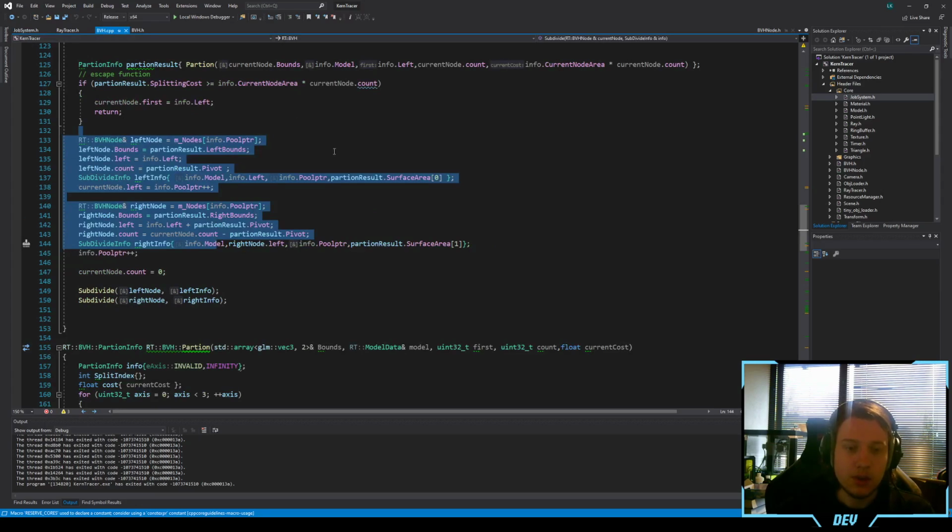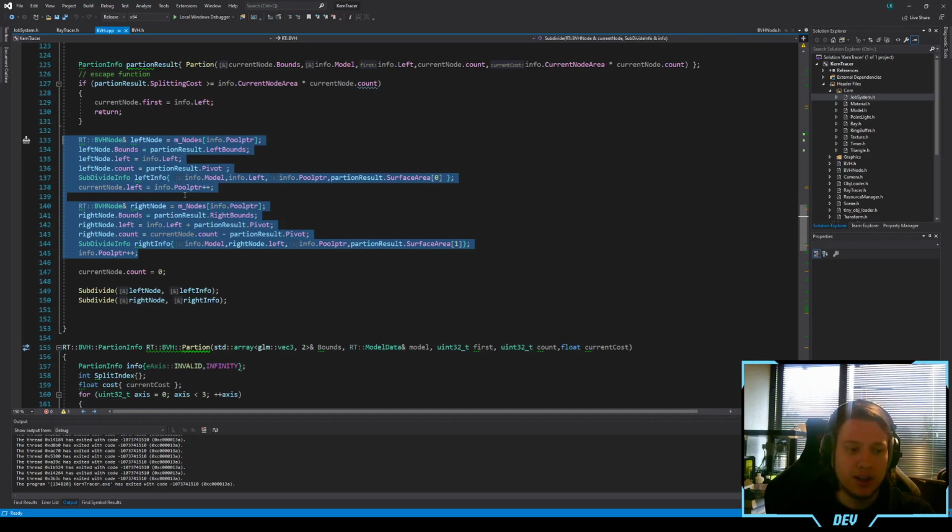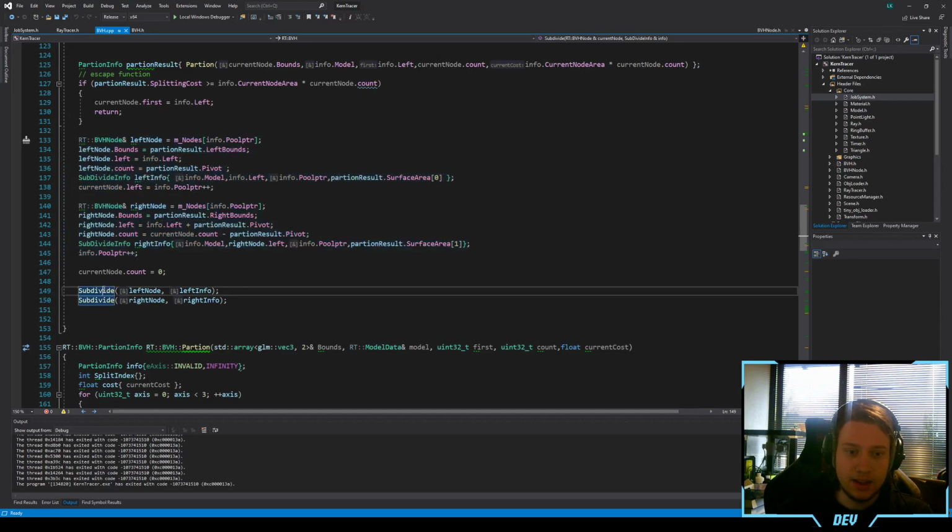Right. So to come back to what I wanted to say about the multi-threading the BVH, this is the only part that is important, right? Assigning the left and the right of the BVH, so setting up those variables, and that's dependent on the pool pointer. So this should be protected. However, I think that this part can be multi-threaded because they never should be touching the same data. The only data that's being shared is the pool pointer, but I think this is fine because it doesn't really matter where in the array everything is, as long as it is there. So if my suspicions are right, we should be able to multi-thread this,